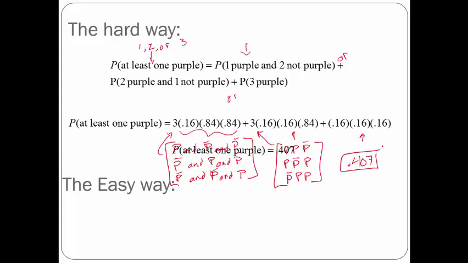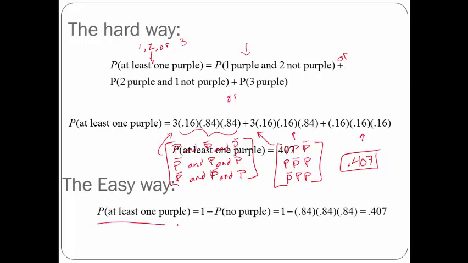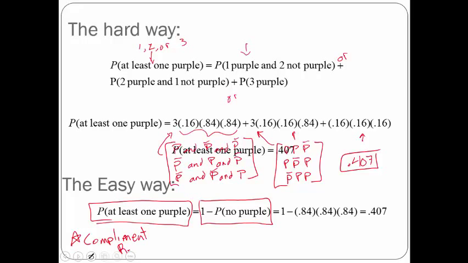Now that's kind of the long way of doing this. There is actually an easier way. And it's this idea here, probability of at least one purple is the same thing as 1 minus the probability of no purple. This is a phenomenal use of the complement rule. I think I was spelling that wrong. I apologize. The complement rule says the probability of at least one, whatever it is, the opposite of at least